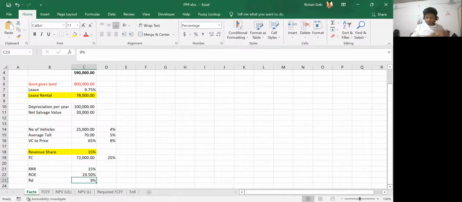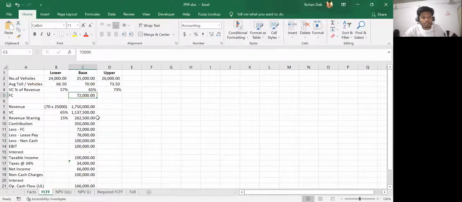Now you take the present value of all these things and compare it with the initial investment and see whether it's profitable or not. If the present value of all the inflows is greater than the outflow, in that case it's a net positive. So the net present value is greater than zero, which is good. If the present value of the inflows is less than the initial investment, in that case the project is not viable. Got it? So this is the entire question.